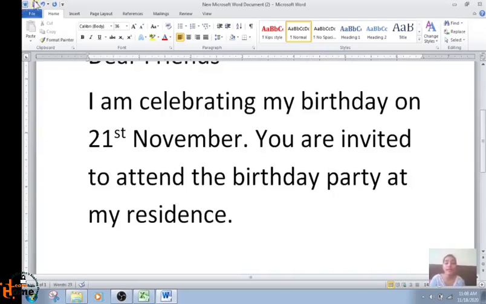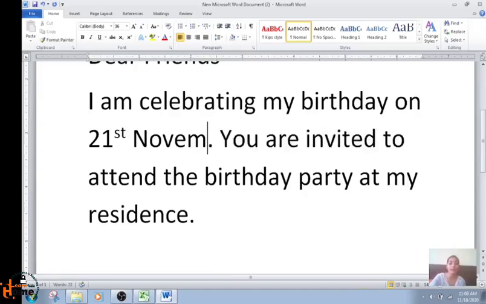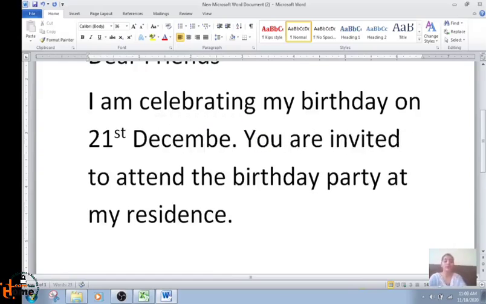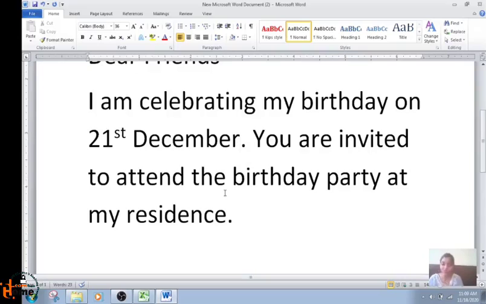First way is that you just take the cursor there. Suppose you want to delete November, you place the cursor here, click the mouse and press the backspace key. See, I am pressing the backspace key and I have lost November. I want to write December, so I will write December here. Okay, this is the first way to delete it.